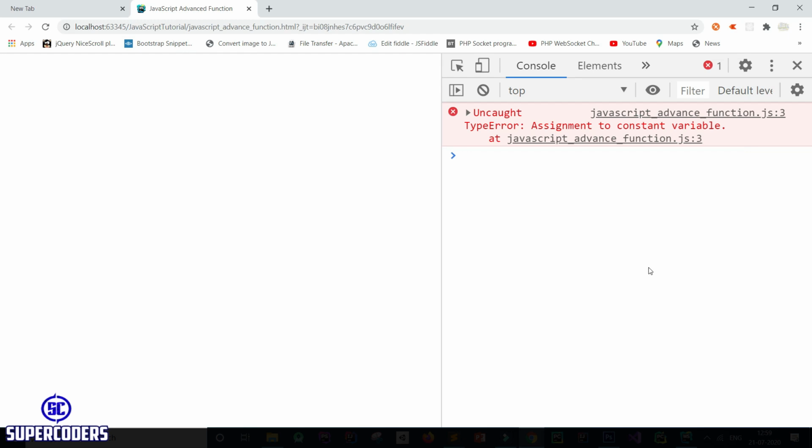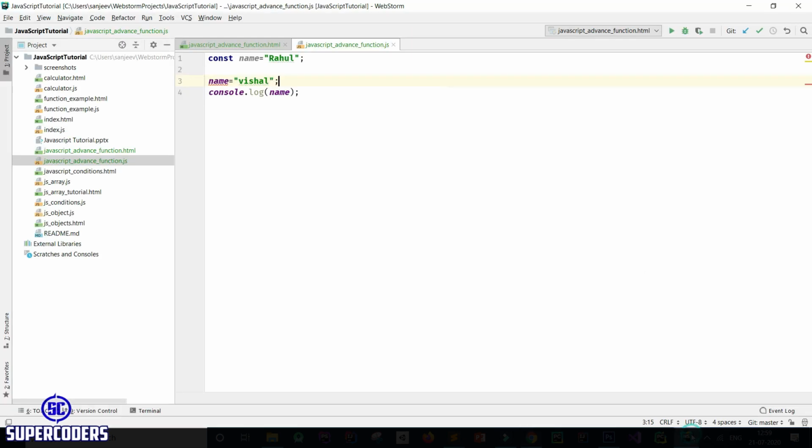But in variable you can change the value as per your requirement. So that is the difference between constant and variable. Let's comment this. Can't set value in constant again. So this is simple example of constant.